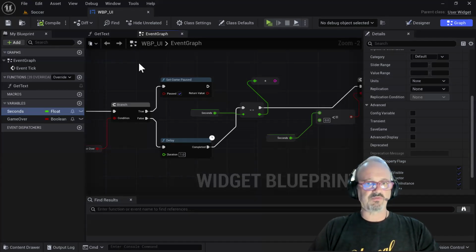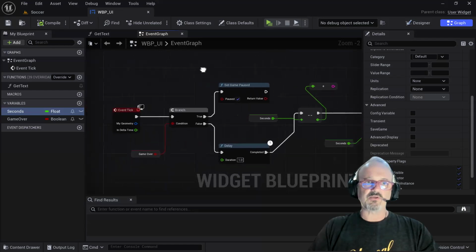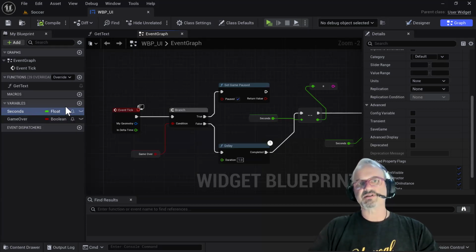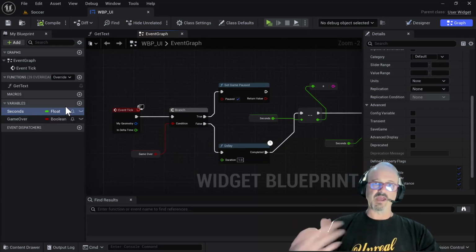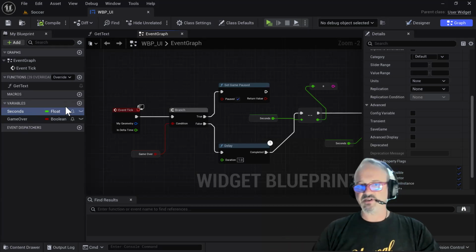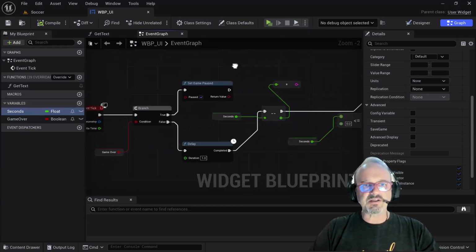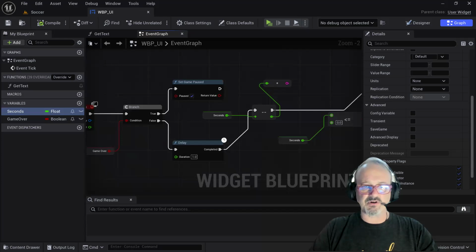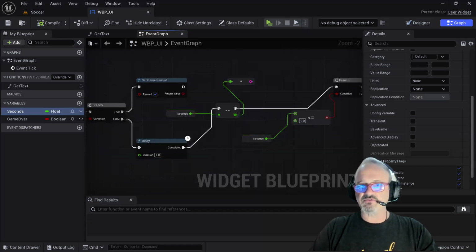So as we reviewed yesterday, we created a new event, a new system that uses the seconds variable. It's going to count down the seconds. We have 60 seconds and it counts down to 0. And we wanted it so that when it gets to 0, if it's less than or equal to 0,